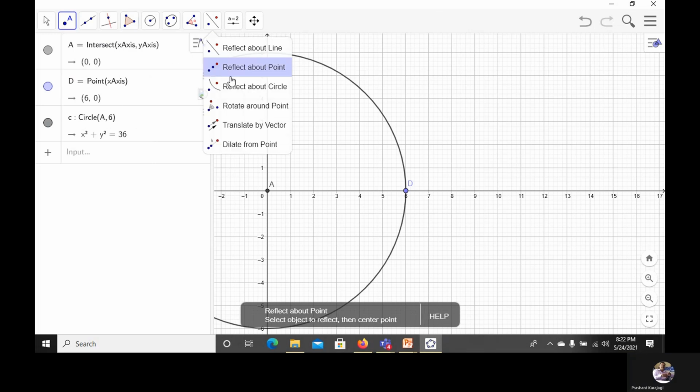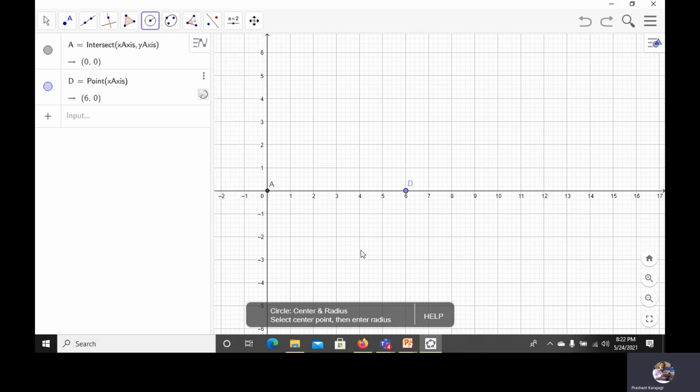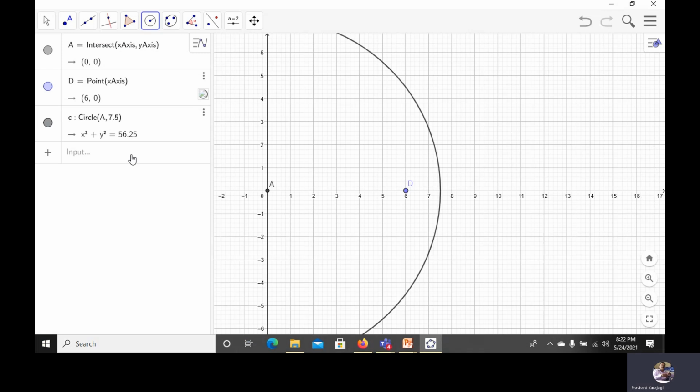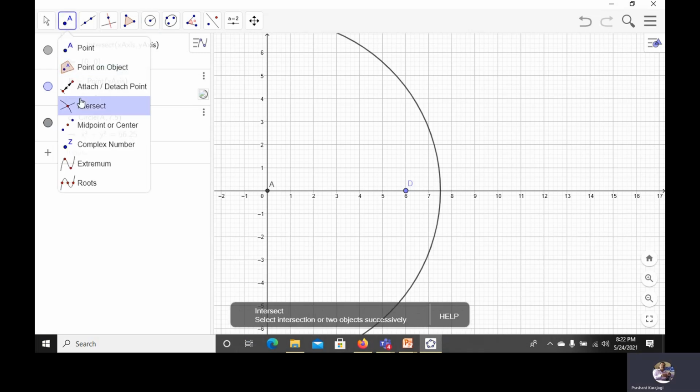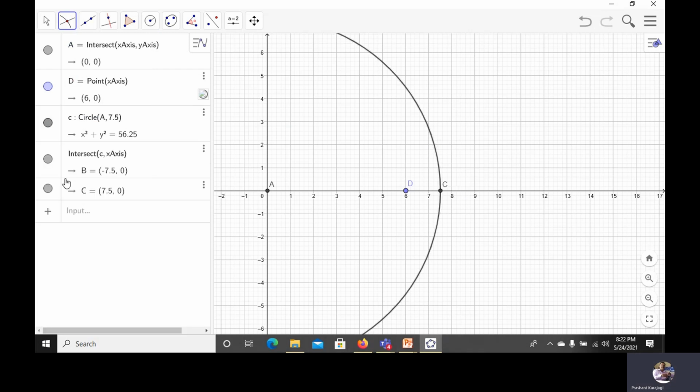Sorry, the input link dimension is 7.5, AB is 7.5. Then mark the intersection point of the circle and x-axis. We are not interested in B, so deselect B.